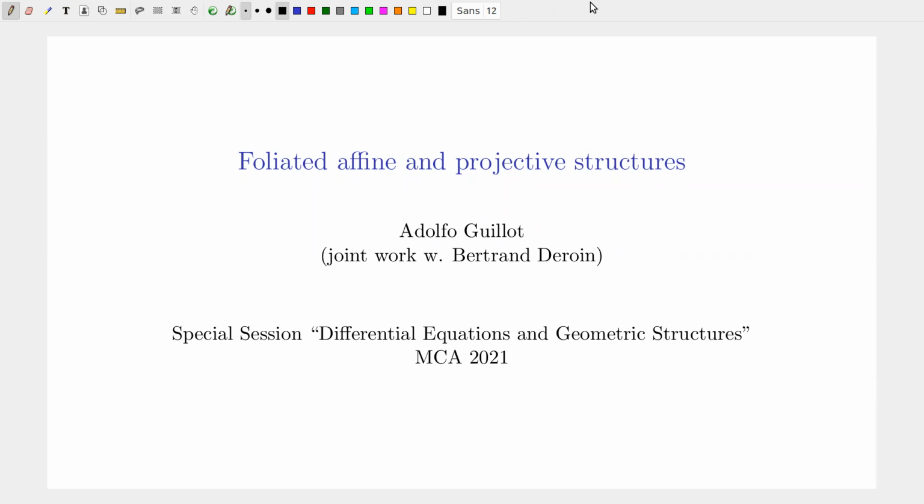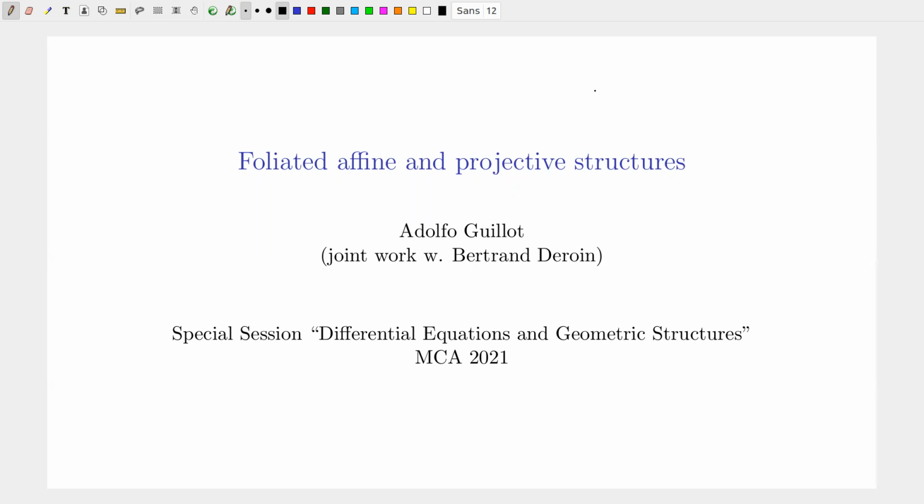Thank you very much for the opportunity of speaking here. This is a special session on differential equations and geometric structures, and I will really be speaking about differential equations and geometric structures. So I will be talking about holomorphic foliations in complex manifolds, and the problem of the existence of some geometric structures going along the leaves of these